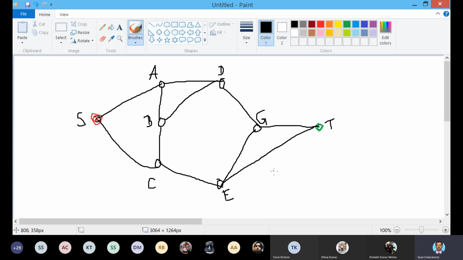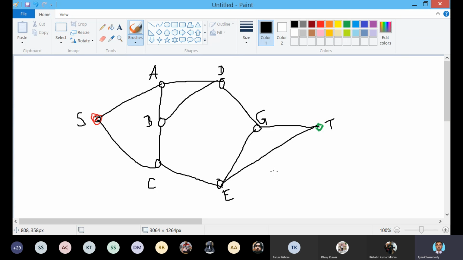Okay, let's see. As you can see here, the starting node is S, that is the source node. And here the simple logic is very simple. All the adjacent neighboring nodes of the source node are the next possible nodes to proceed to the next state. What are the next adjacent nodes? A and C. Next adjacent nodes of the starting node S are A and C. Okay, so we have two possibilities. We have two children, as per hill climbing algorithm.